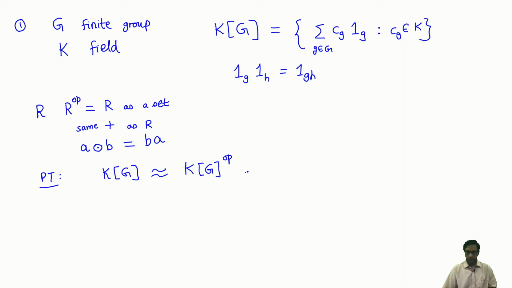Okay, so let's see what we would do. As in the case of matrices, the key point is to somehow try and guess what the map must be, something which interchanges the order of multiplication. And in the case of groups, so recall there is this important property of groups that if I take the inverse of a product, then that has the effect of changing the order, right? This is true if I have two elements of the group G, and so that's somehow the clue.